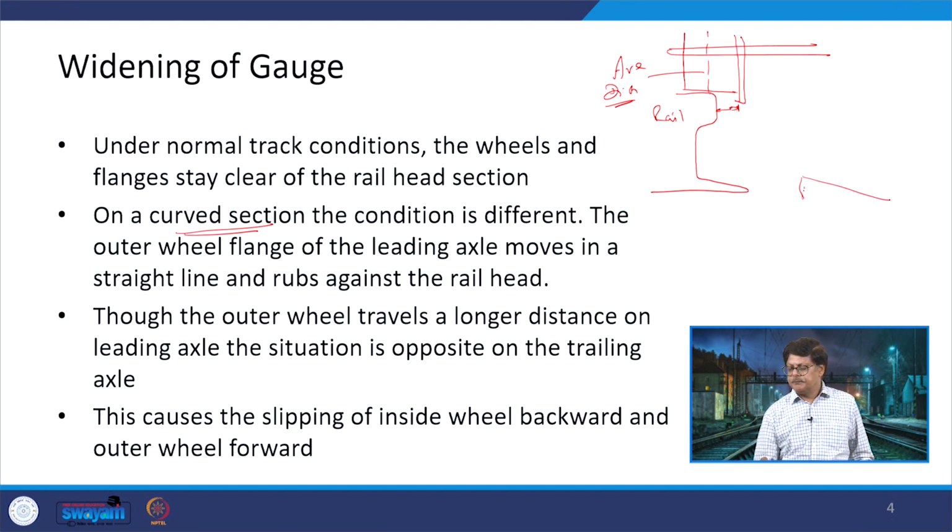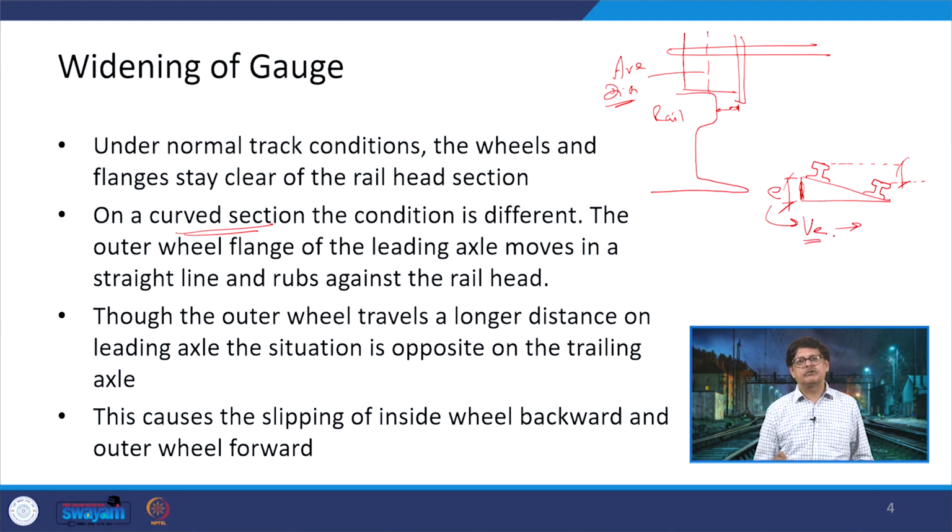Now, in the case of a curved section, we are going to provide the super elevation which we have already discussed, and in that case the rail section will have different levels. So, this is one level here, this is another level, with respect to the super elevation which is being provided. And we discussed that the super elevation provided here is an equilibrium super elevation, which is calculated for an equilibrium speed,